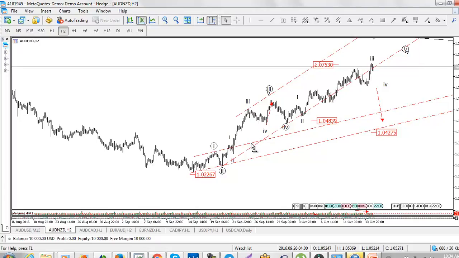Okay, now this is what I have now. This is wave 1, wave 2, and then 3, 4. Probably wave 5 is not actually completed yet. This is the first wave, the second, and then maybe the third. Actually, probably the third is on its way with this 1, 2, 3, 4, 5 sub waves, and then we